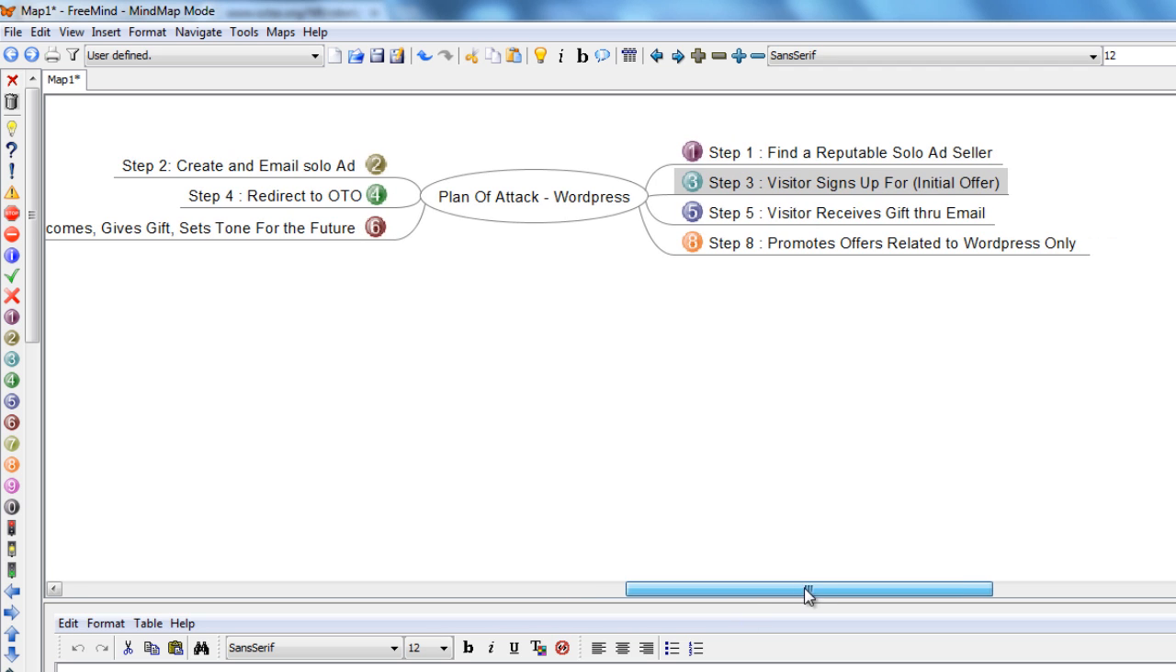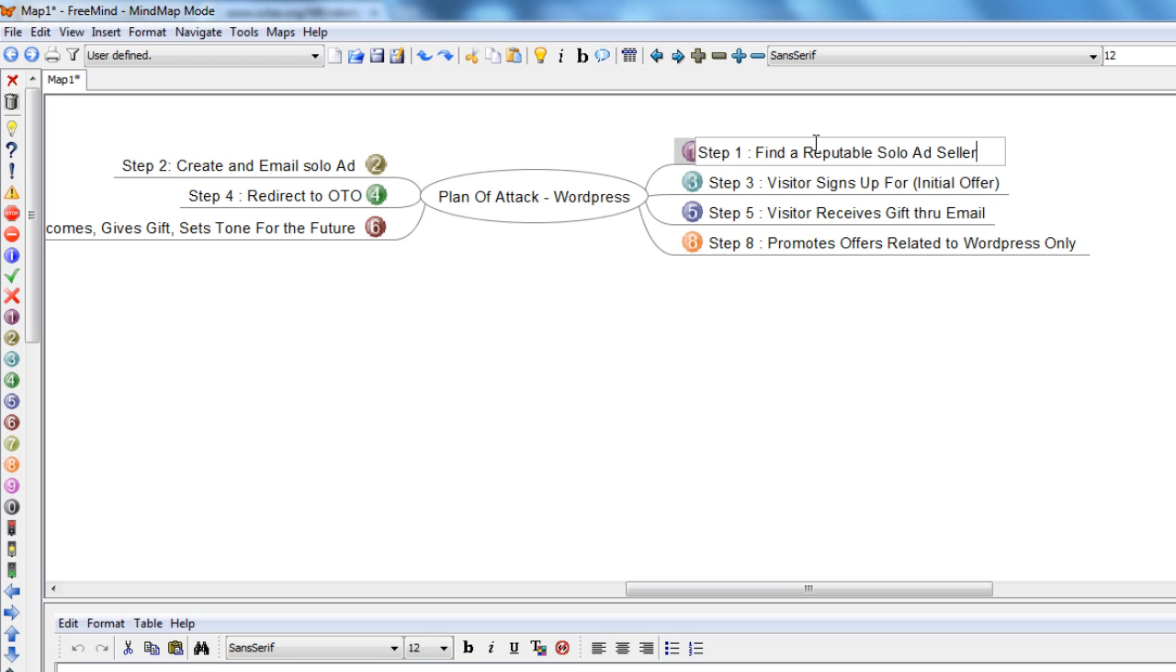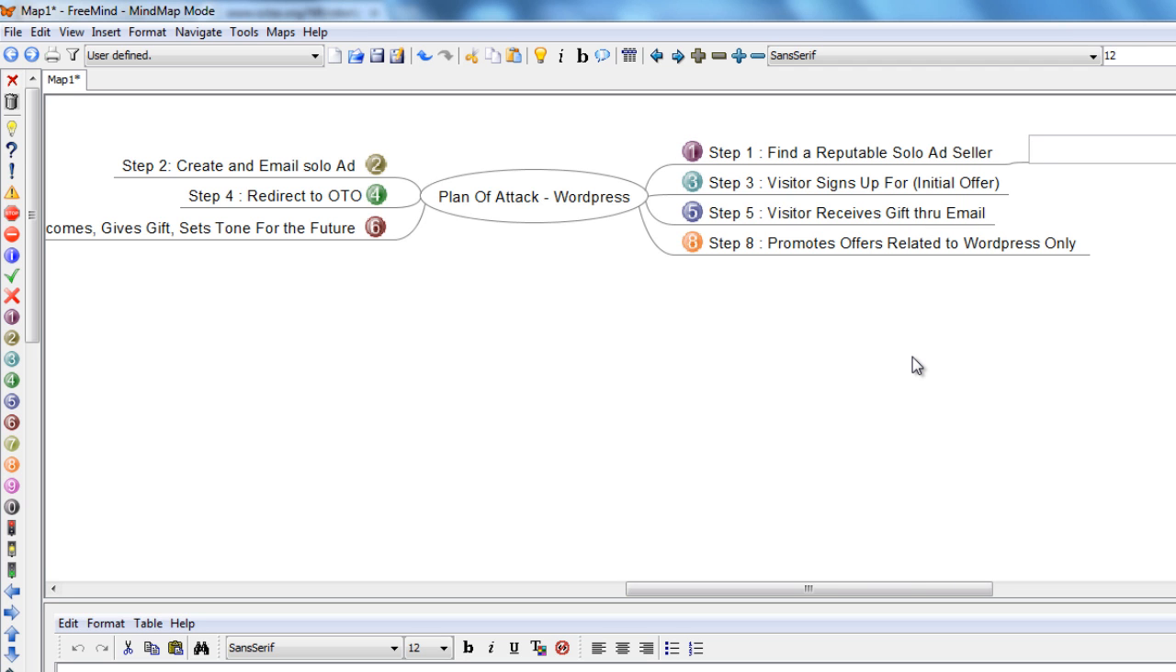Now what we can do is start adding to the mind map. So for example, when you say find a reputable solo ad seller, you could do a child node, you could do a sibling node. But in this case, I'm going to do a child node. And what I recommend is when you find a good reputable solo ad seller, make sure that you put website,